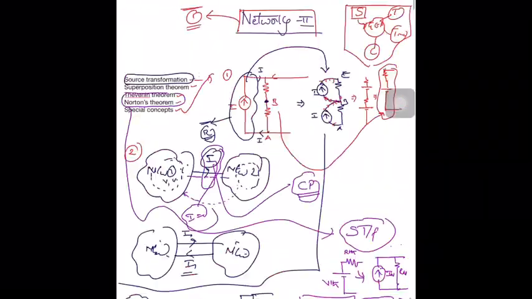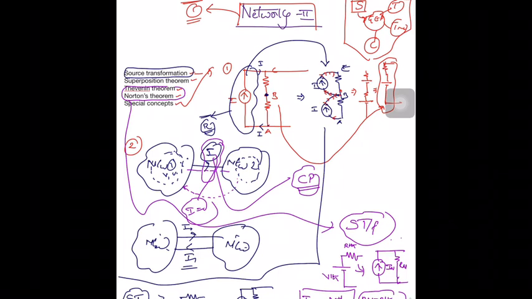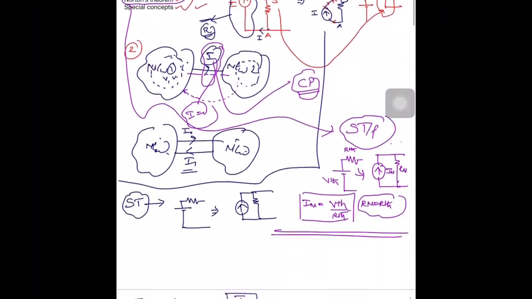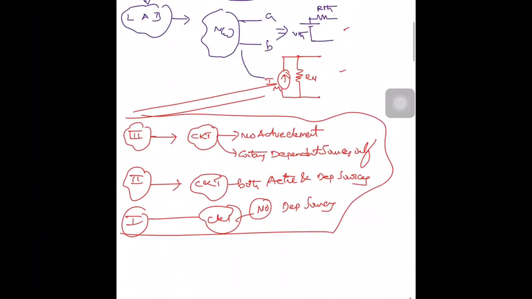So what have we understood today, let's have a short review. We have seen some special concepts having manipulation of current source. We have seen how the current is flowing in between two networks, a path is required. We have seen source transformation. We have seen the superposition theorem and its definition. We have seen Thevenin's theorem, Norton's theorem and its definition. We have solved problems in each case.